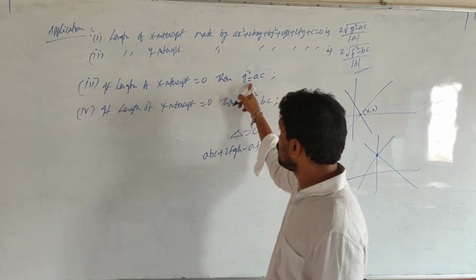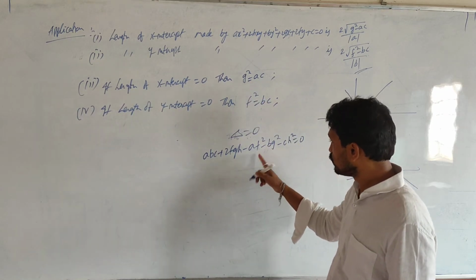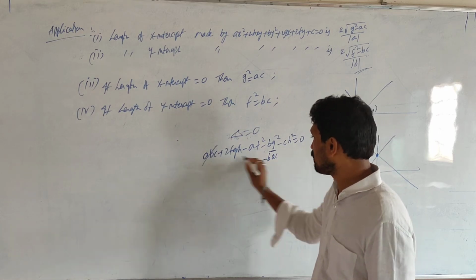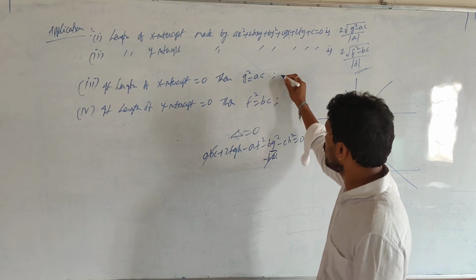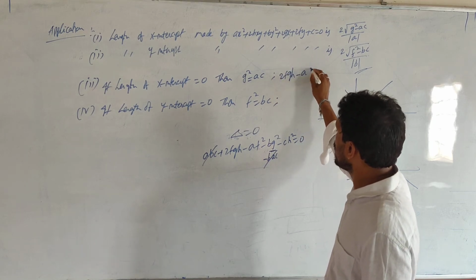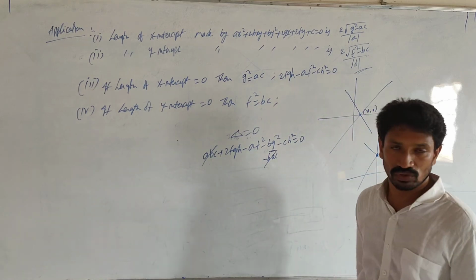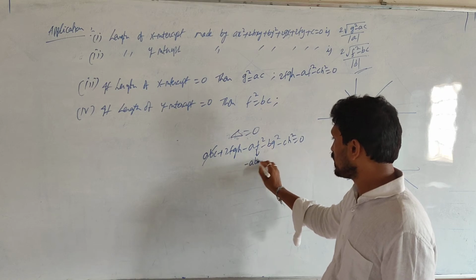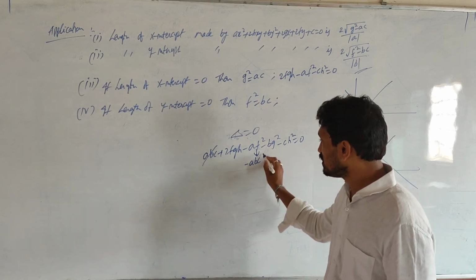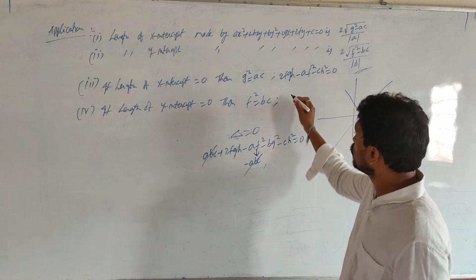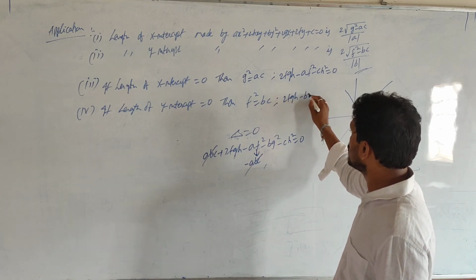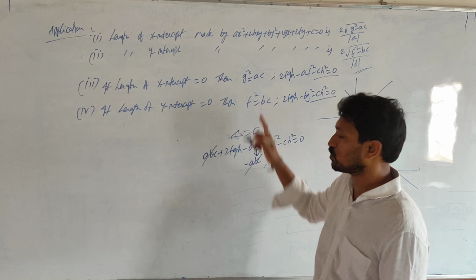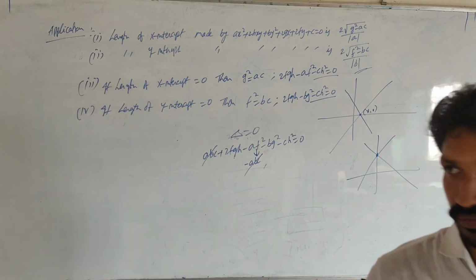See, if g square is equal to ac, what will we get? g square is equal to ac means it is minus bac we get. It is minus bac plus abc. Both will get cancelled. So what we have? Then one more condition we get: 2fgh minus af square minus ch square is equal to 0. Okay. If f square is equal to bc, then what we get? This is minus abc. This plus abc minus abc get cancelled. Then what condition you get? 2fgh minus bg square minus ch square is equal to 0. These two are the very important conditions along with these two. Okay? Please remember.